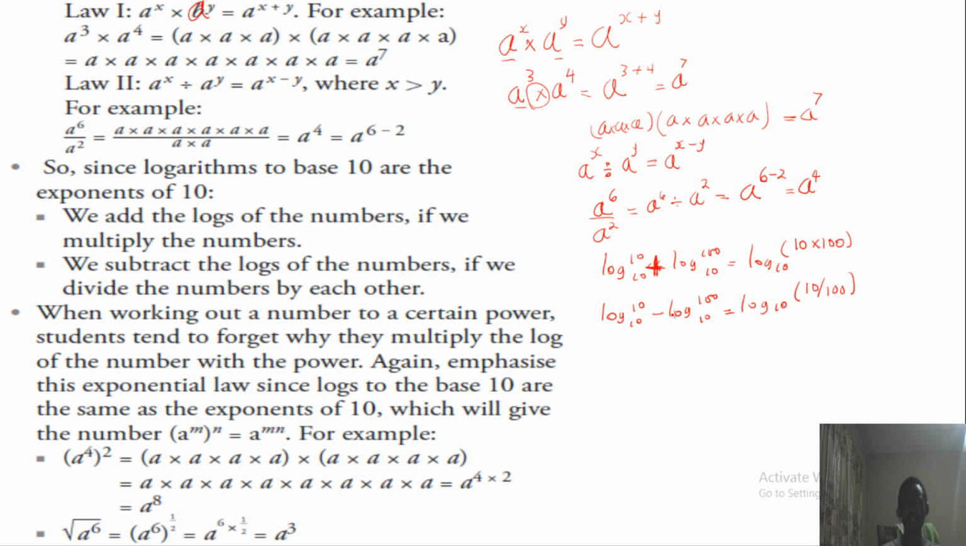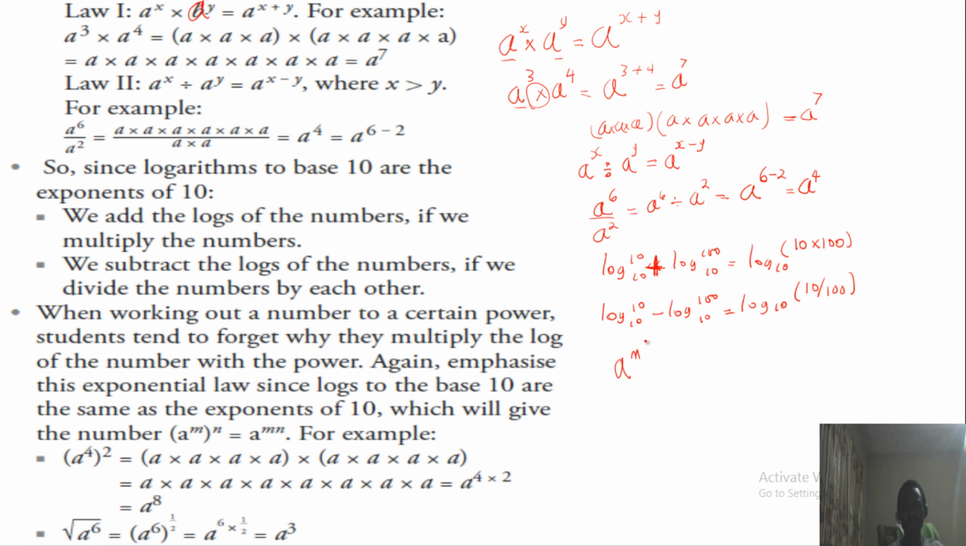you divide. When working out numbers with certain powers, students tend to forget why they multiply the logarithm of the number with the power. Again, emphasize this exponential law since logs to the base of 10 are the same as the exponent of 10. Well, basically what we're saying is when you have